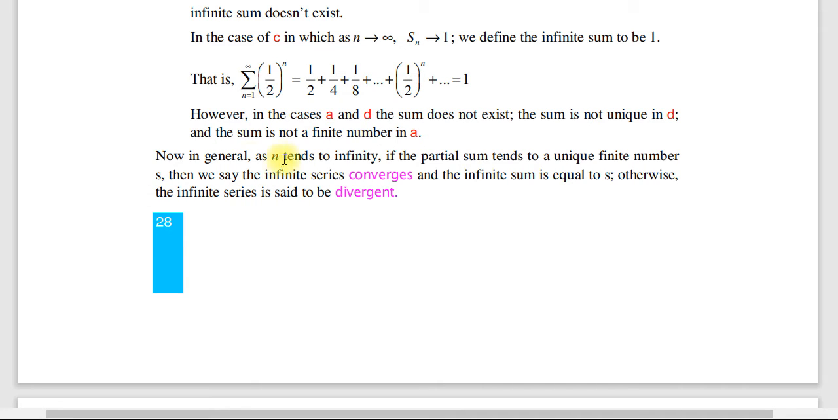So in general, as n tends to infinity, if the partial sum tends to a unique finite number s, then we say that the infinite series converges and the infinite sum is equal to s. Otherwise, the infinite series is said to be divergent እንላለን። ኮንቨርጅ ማለት ወደ ሆነ ቫልዩ የሚጠጋ ከሆነ ነው። ነገር ግን ቫልዩ የማይጠጋ ከሆነ ዳይቨርጅ እንለዋለን።